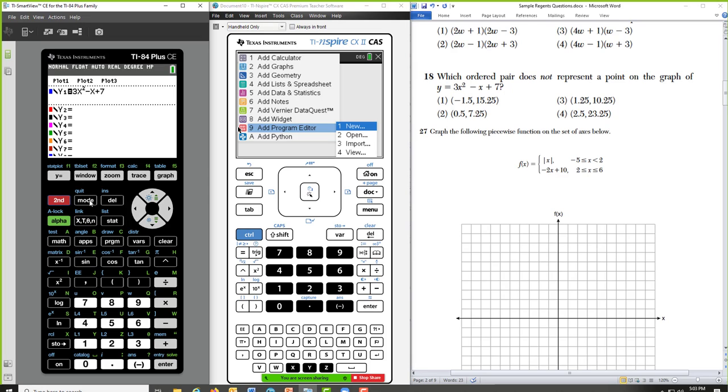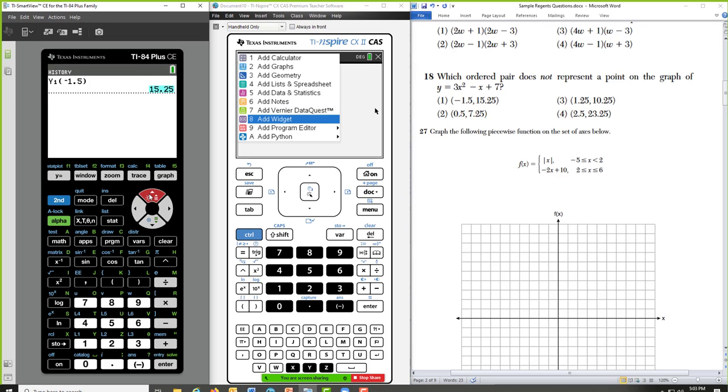You could do this going back to your calculator page, alpha trace, select y1, and now we could go through the x values. So negative 1.5 is the x value. The corresponding y value is 15.25. All right, back to the drawing board.